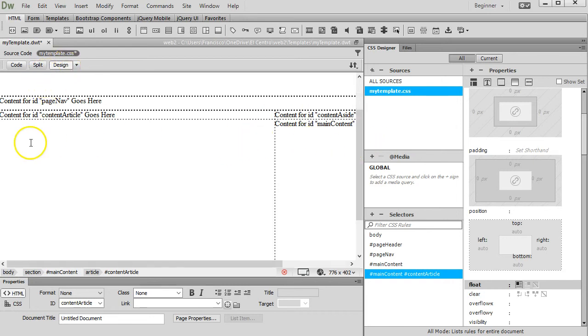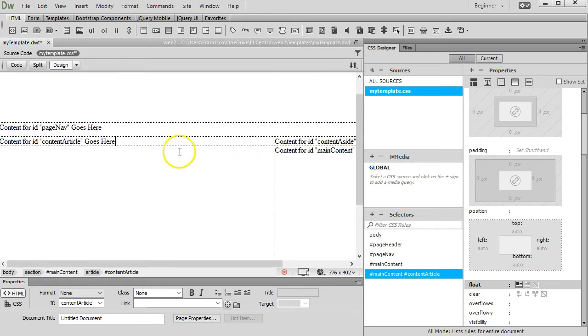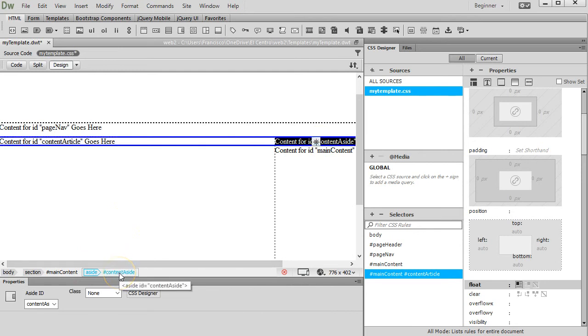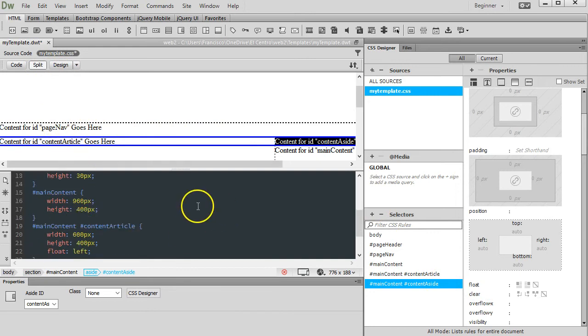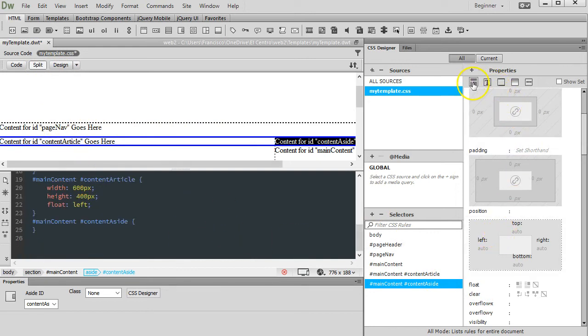I now have my content article inside of content main, and it's 600 pixels across, and now everything is floating to the left, and so now there is content to the right of it. The content that I want to appear to the right of it is going to be content aside. So I'll click on that content aside, select it in the tag selector, and then add the selector, clicking on plus. I now have my content aside ID ready to be defined,